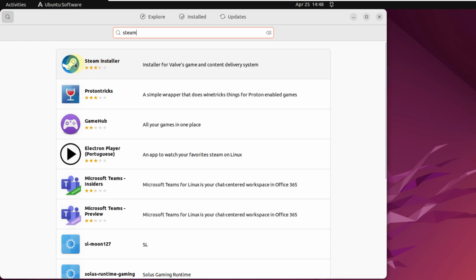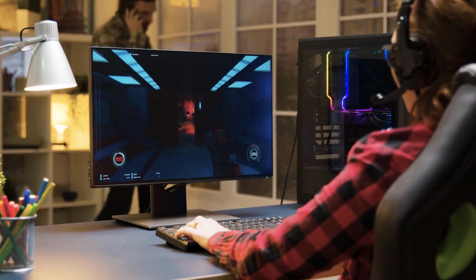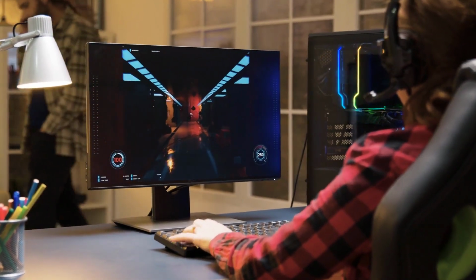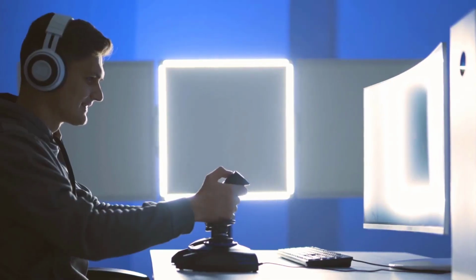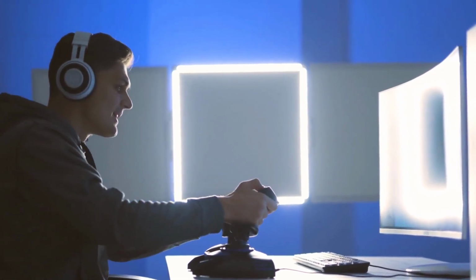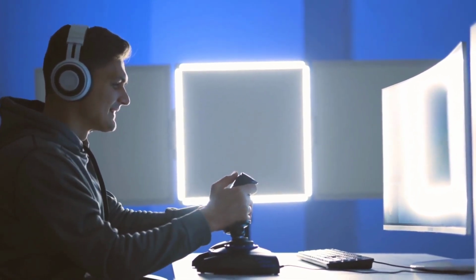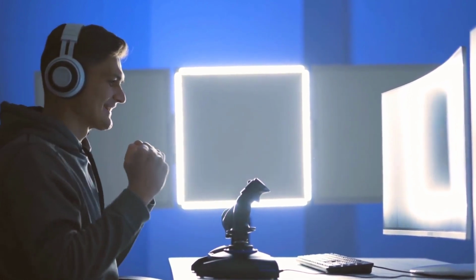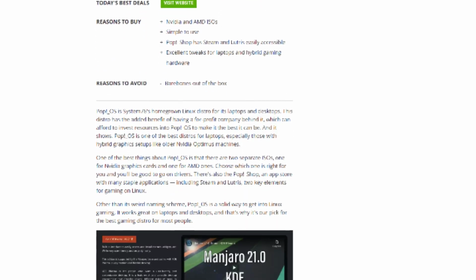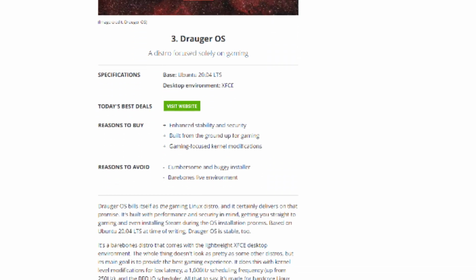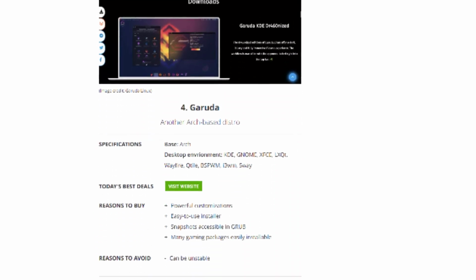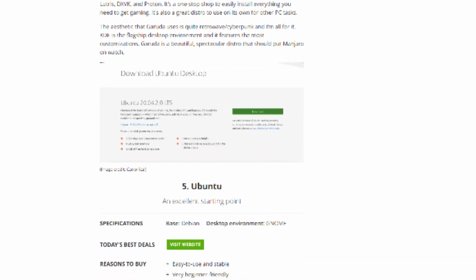It means we have support of Steam available in our Ubuntu. And not only in Ubuntu, in the majority of Linux distributions we get support of Steam. And that shows that we have a lot of games available by default that we can run on Linux distributions. And not only that, we have a lot of other Linux distributions that are primarily made and designed for gaming. For example, we have Garuda Linux, Pop OS, Endeavour OS, and Fedora Spin. So these are some of the Linux distributions that are considered only for gaming.